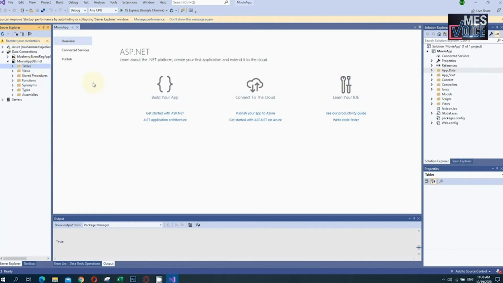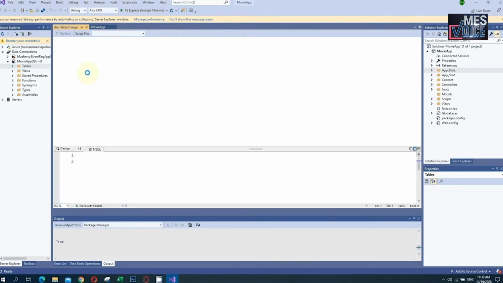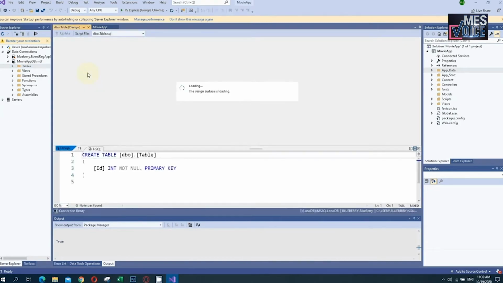This is the window that pops up when I click on that. I am going to create a table in movie app DB.